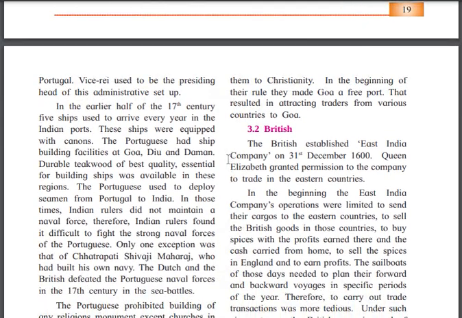And in the early half of the 17th century, five ships used to arrive every year in Indian ports. What it means is, nearby 1600 to 1650, five ships used to arrive every year in India, and these ships were equipped with cannons. Whenever they were arriving from Portugal to India, they had cannons. Cannons means, you can see, like this,